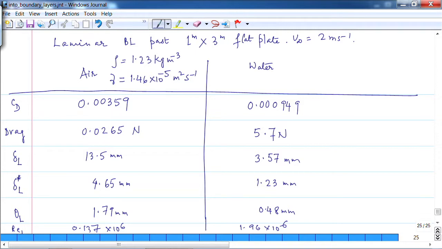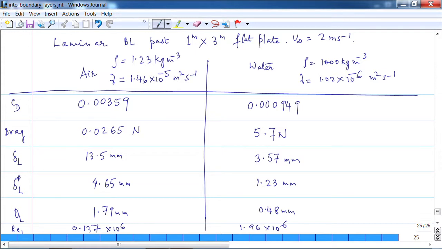For water, density is 1000 kg per meter cube, and kinematic viscosity is 1.02 into 10 to the power minus 6 meter square per second. Now what we see here is that the same plate